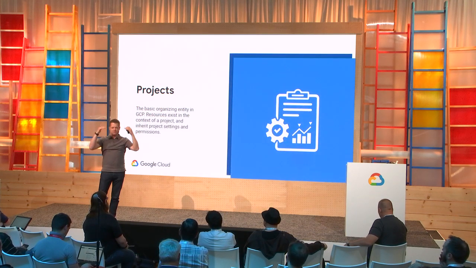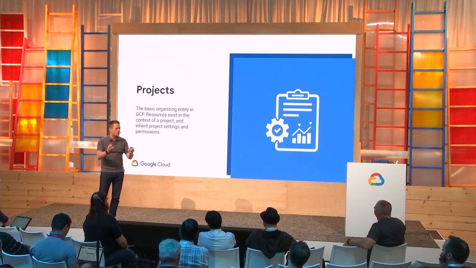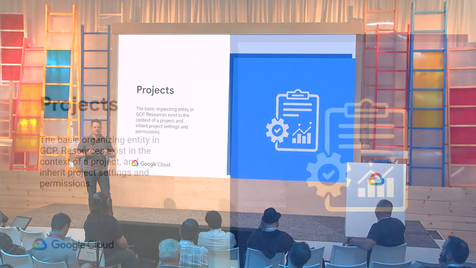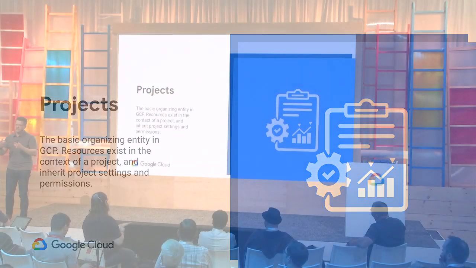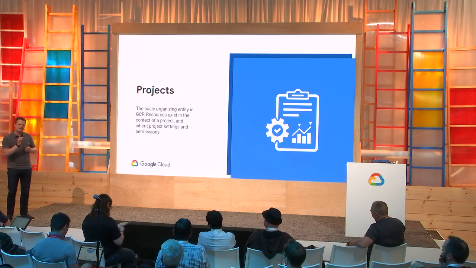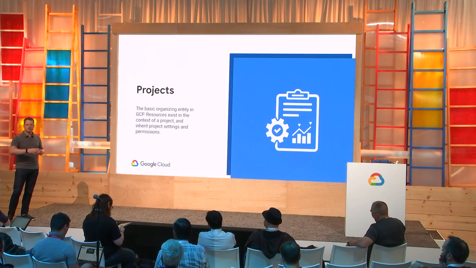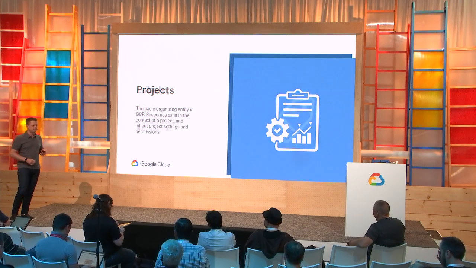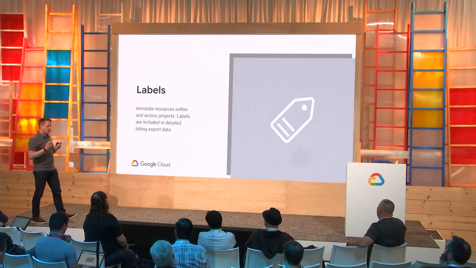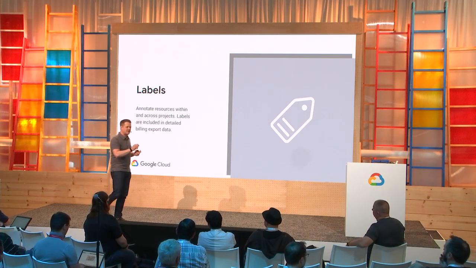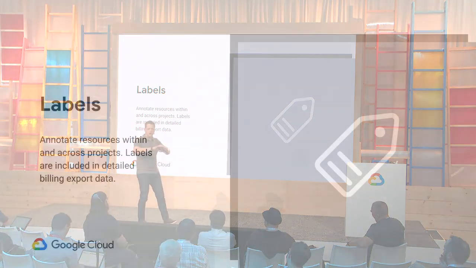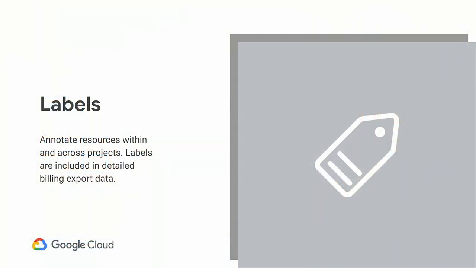Once we get below orgs and folders, we get down to projects. These are the core building blocks and the place where workloads live in GCP. And they're the most important for us when we talk about how billing is structured and reported in our world. Just about everything runs in the context of a project, and that's the most important context you'll see when you're looking at your costs. Now, a project can only live in one folder. So we have to have a way to cross-cut and report across folders, across projects,